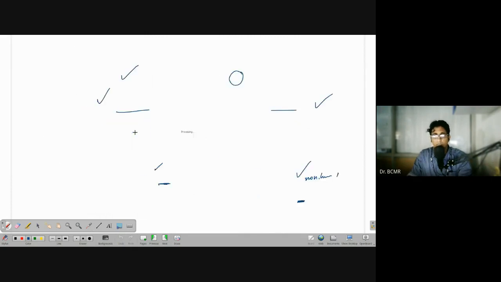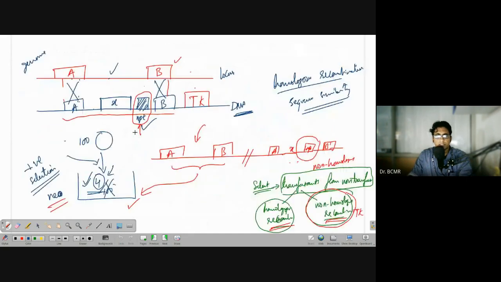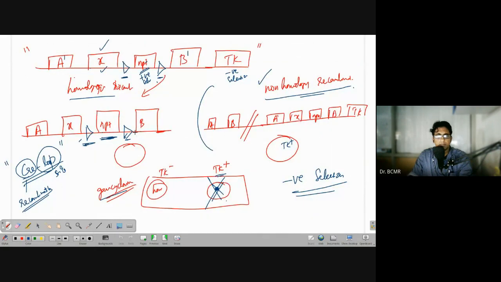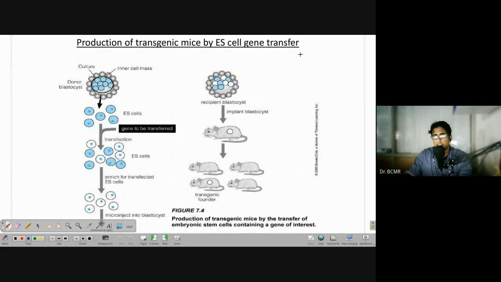So now, if you recollect, I was trying to make it into several parts, right? There are 3 different parts. Okay. First one, as I said, the genetic manipulation. And the second part is the embryo manipulation.